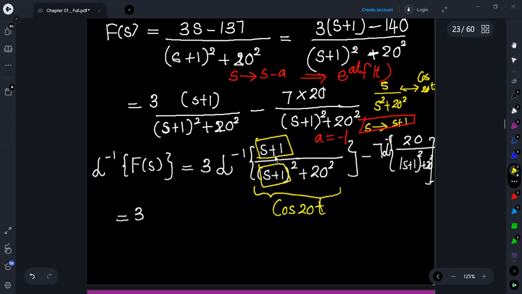But here it appears as s plus 1, so we have to multiply by e to the power minus t. So the answer is 3 e to the power minus t cos 20t and minus